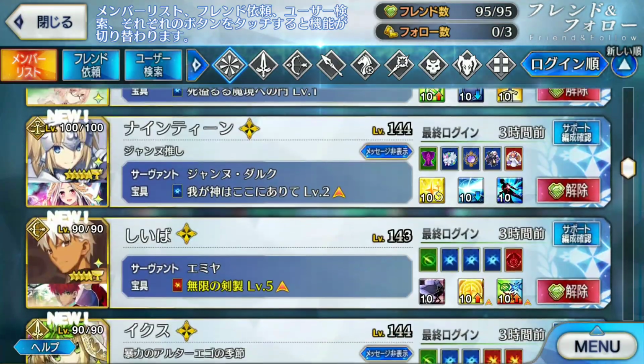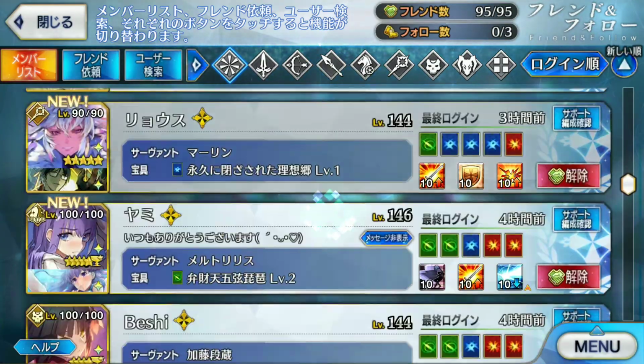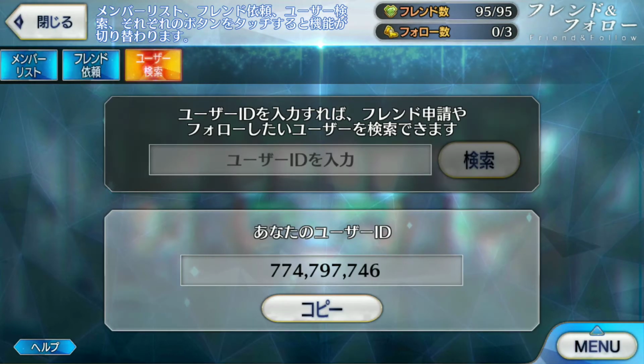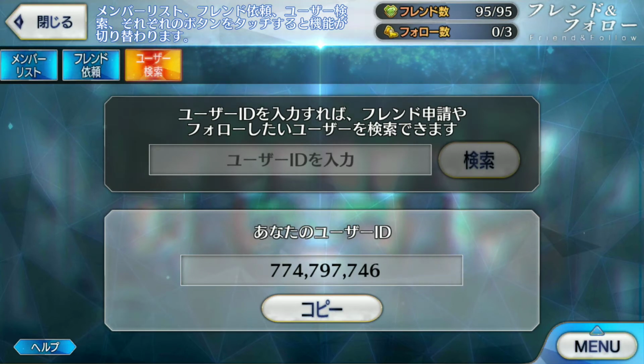For the moment I have no room for a friend, so I'm trying to level up as fast as I can. Here is for people who send you a request, and here is your friend code. This is another important thing to always copy and have in hand. Remember what I told you at the first glance of the video about having your nickname, password, and friend code? Everything is important, so try to